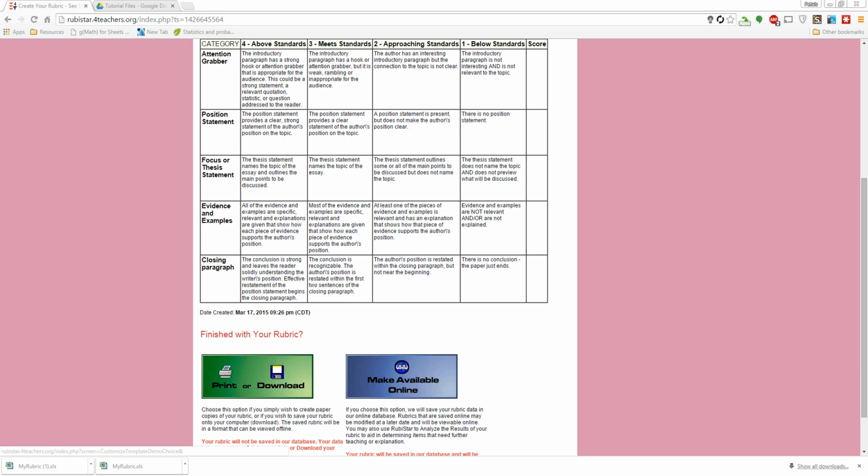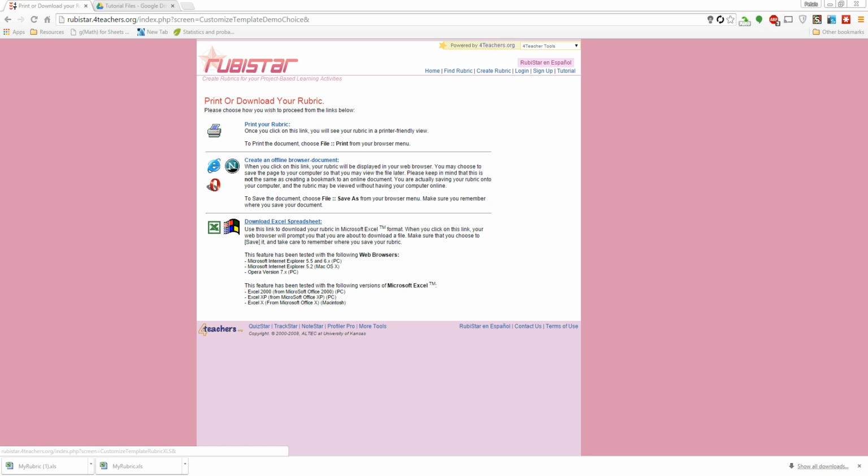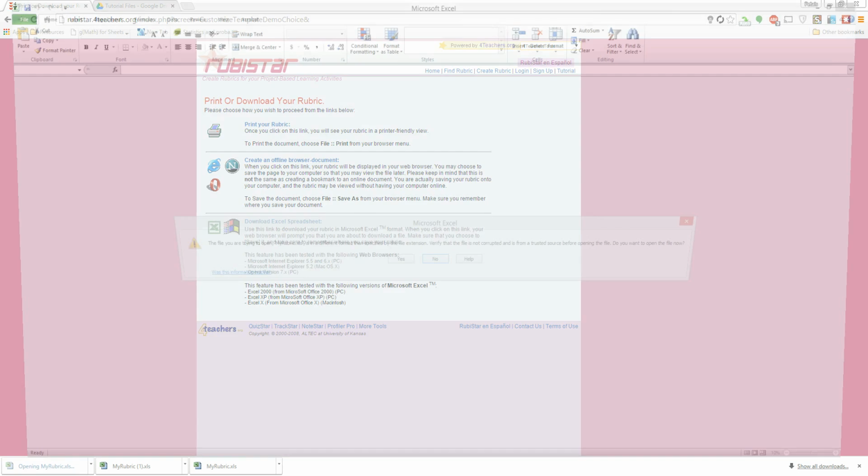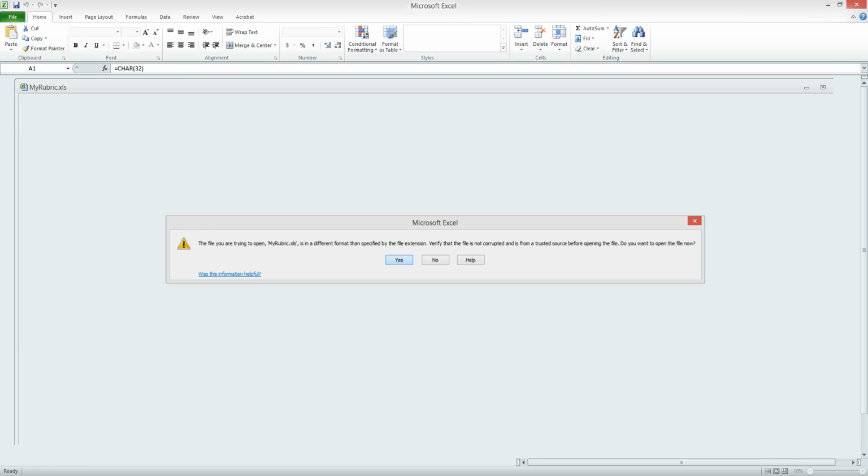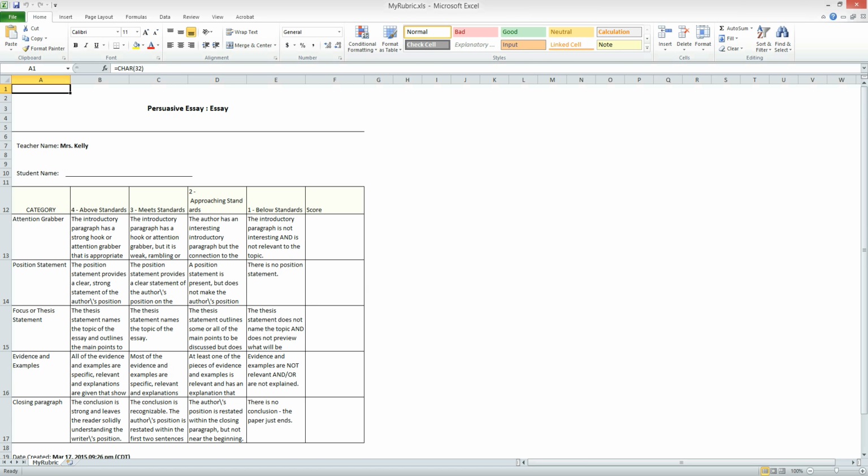From there, you can click on the Print or Download. Then we're going to want to download to an Excel spreadsheet. As you can see, it's downloading below, and if I click on that, it's going to open, and I seem to be having some issues with the file extension being .xls, so I might have to change that just in case. So if you click yes, if yours did the same thing as mine,